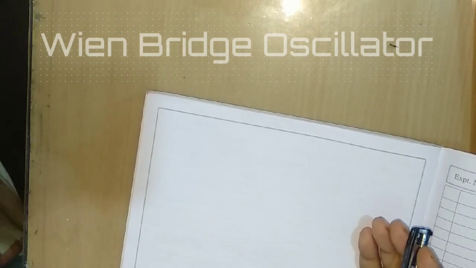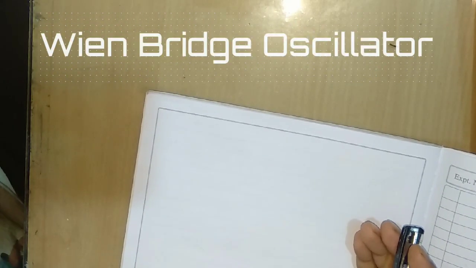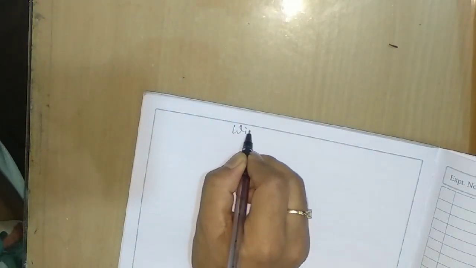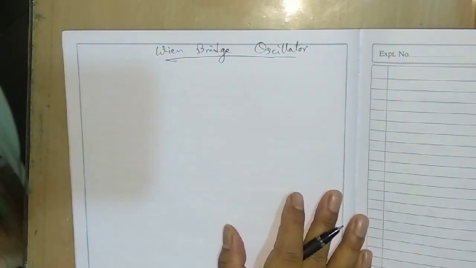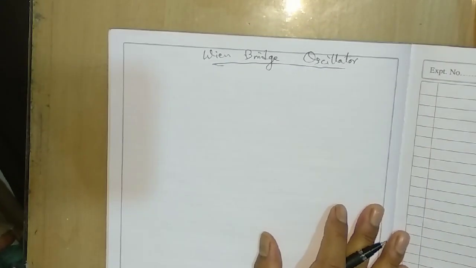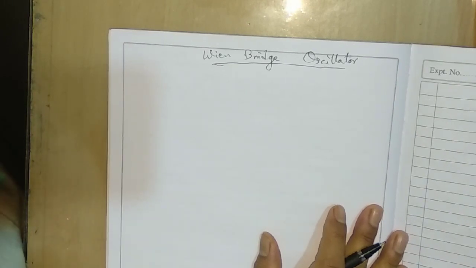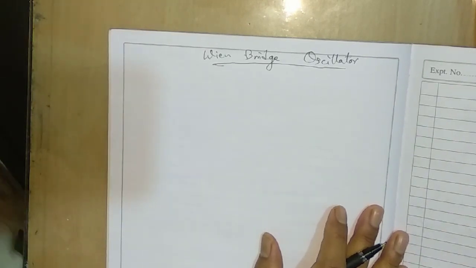Everyone, in our last session we have discussed the RC phase shift oscillator. Now we will learn another RC network, which is the Wien bridge oscillator. It is also an RC network or RC oscillator. So remember, any RC network or RC oscillator will produce